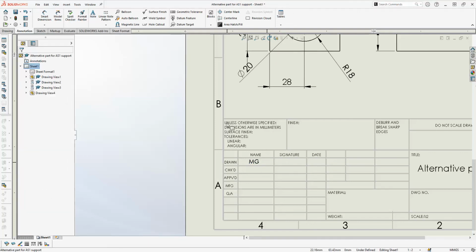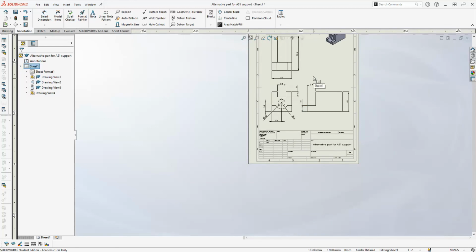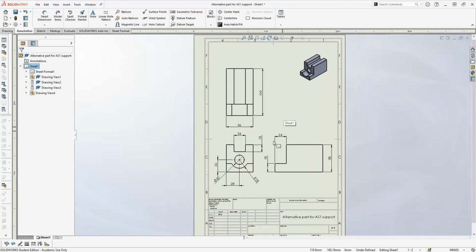And similarly, you can see here we've got overall tolerances, so unless otherwise specified. Therefore, if 28 doesn't mean much, but if we were to put a linear tolerance in there of plus or minus 0.5 of a millimeter, that applies to all the dimensions that are not toleranced, and in this case nothing's toleranced, so that would apply to everything, and that might be sufficient for this. If something were to fit in that bore, well then obviously that would need to be a tighter tolerance, and it would need to be some sort of fit, but we aren't there yet. We're just trying to lay out a drawing nicely, and I think that that is the job done,